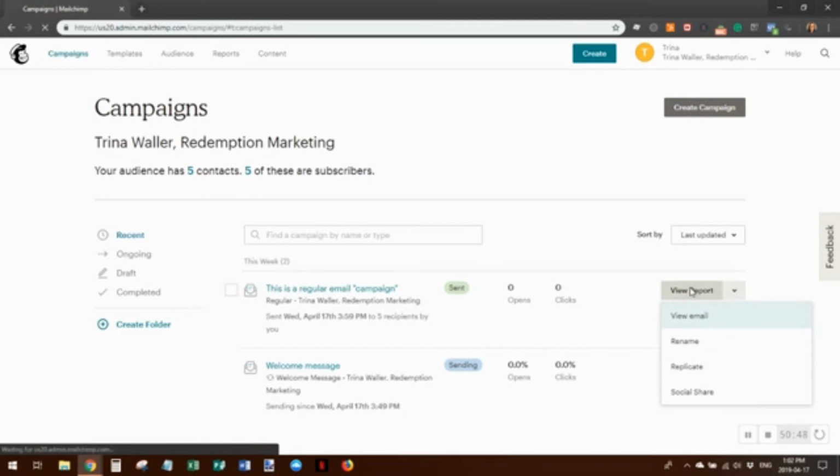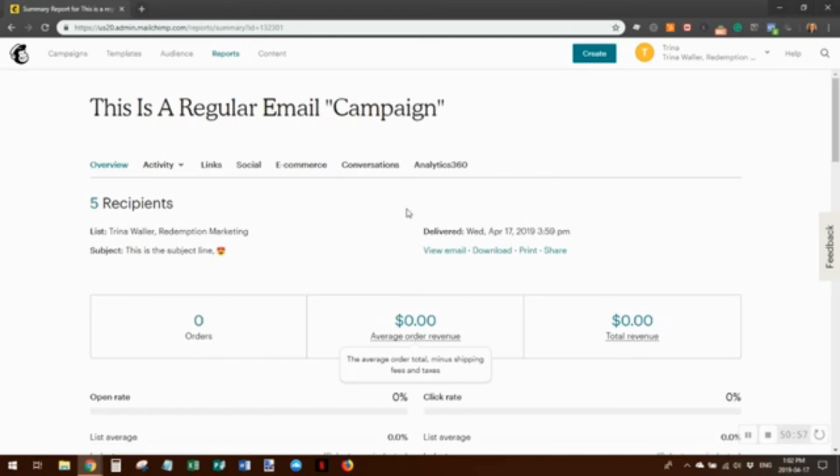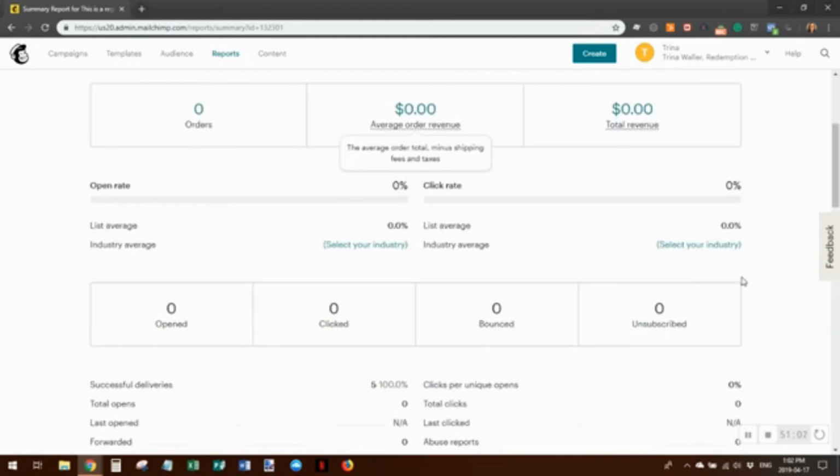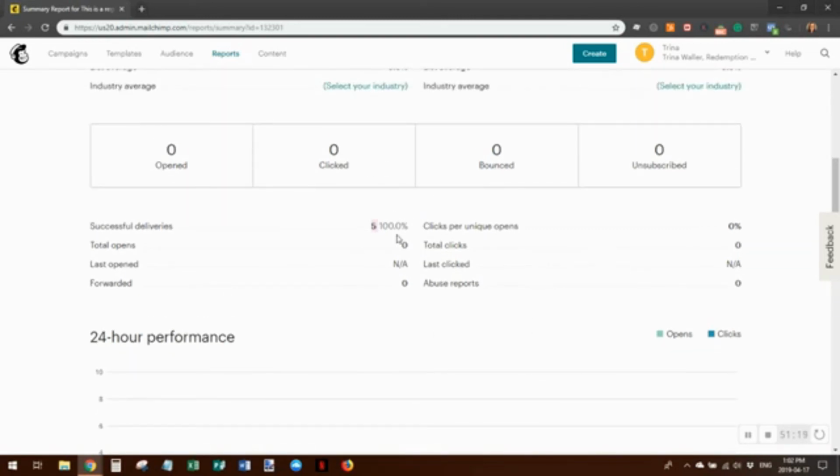So I want to view the report. You can also click on Reports up above, and it will take you to this page. From within the reports interface, we've got an overview, we've got activity, but if we just scroll down, we can see successful deliveries, 5, 100% success rate. Now, I can't tell you where these emails ended up, whether they ended up in my inbox or in my spam folders, because I haven't looked yet. But we can see that it was successfully delivered, but with a very, very sad open